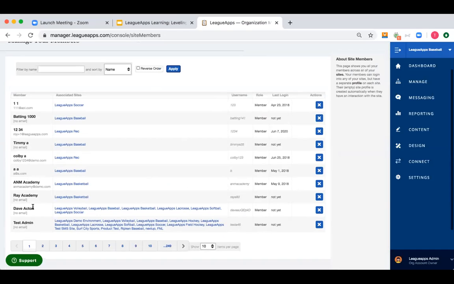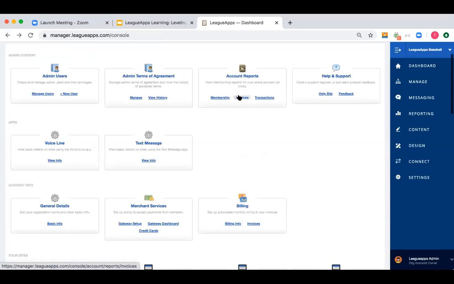So for example, Dave right here is a member of multiple different subsites, and I can see all the different subsites he's a member of and his username. When someone's registering, they could use the same username and password within all of your different subsites, so it's going to give you a listing of that. You can filter by name up top. If someone wants to be eliminated from a lot of different subsites, you can click the X next to them and eliminate them. You can also filter by username, date joined, and last login up top. It's just a great way to get a feel for your member base across the entire platform, not just one subsite. So let's go back for a second and go to the second cross-site report, which is invoices.